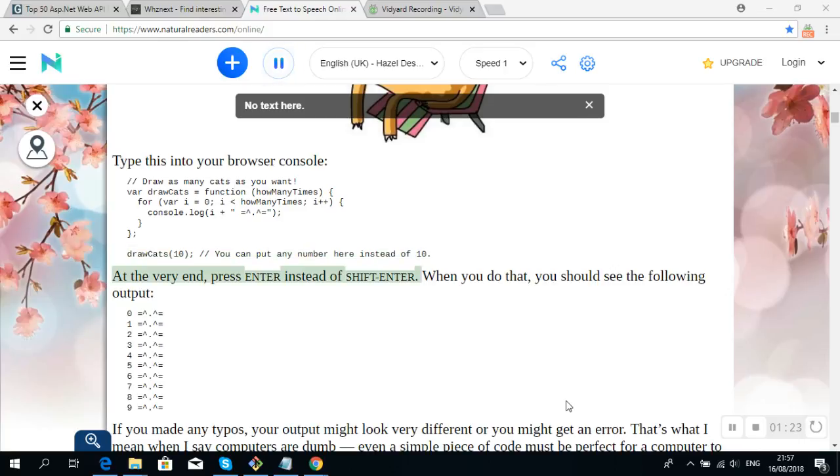At the very end, press Enter instead of Shift-Enter. When you do that, you should see the following output. 0 😊 1 😊 2 😊 3 😊 4 😊 5 😊 6 😊 7 😊 8 😊 9 😊